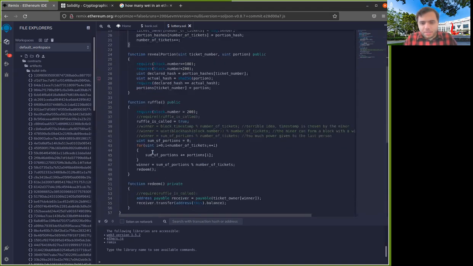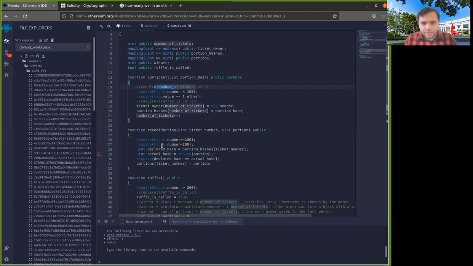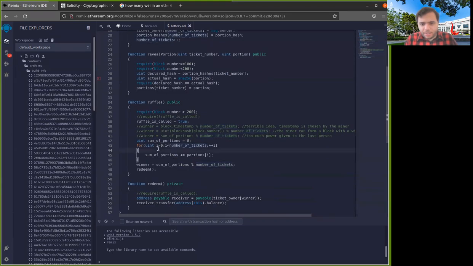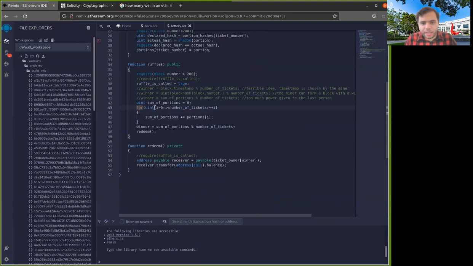But if I don't have a limit on the number of tickets that I want to sell, then here, what happens is that I have a for loop and it's going from 0 to the number of tickets. And of course, as we talked about before, we have to pay gas for every single operation. So every time that this for runs, I have to pay gas for this comparison. I have to pay gas for increasing this i. I have to pay gas for executing this line, right? So the amount of gas that I have to pay becomes unmanageable very soon.